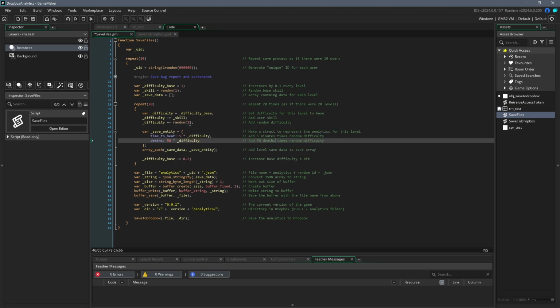And we're increasing these values based on how difficult our simulated player is finding the level. With that struct created, we can push that to the currently empty array of save data, and just before we leave the repeat loop, increase the base difficulty for the next level by 0.2. After this repeat loop, we're going to deal with saving this data because our simulation for the current user is